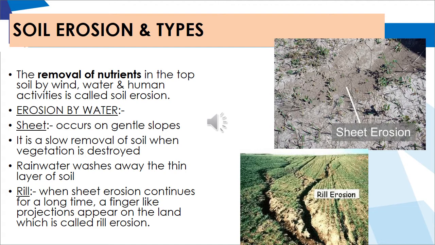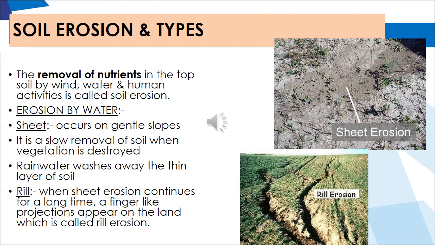Now you have soil erosion by water, and under soil erosion by water you have sheet erosion, gully erosion and rill erosion. Sheet erosion, as the name itself says, occurs in sheets or in straight layers. So it is basically removal of only the first soil, the topsoil, which is referred to as sheet erosion. This kind of erosion basically occurs on gentle slopes. Alright, the next one is rill erosion.